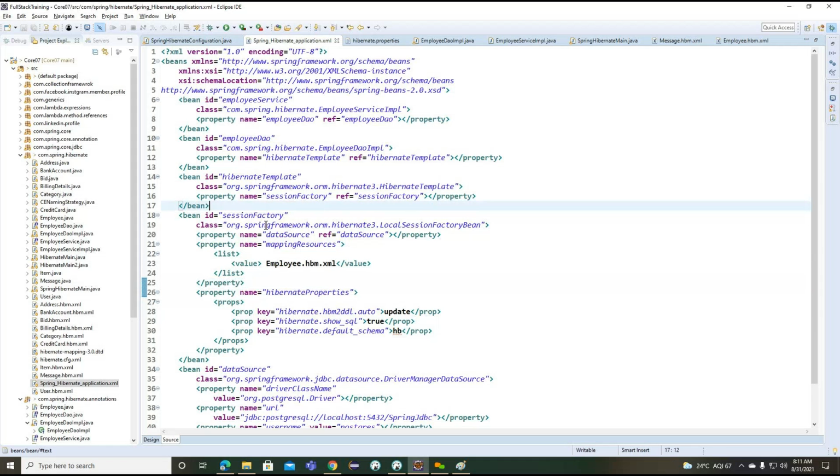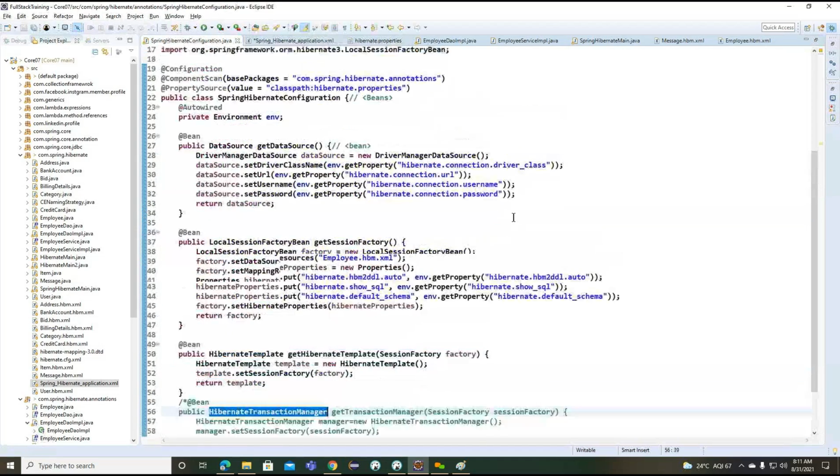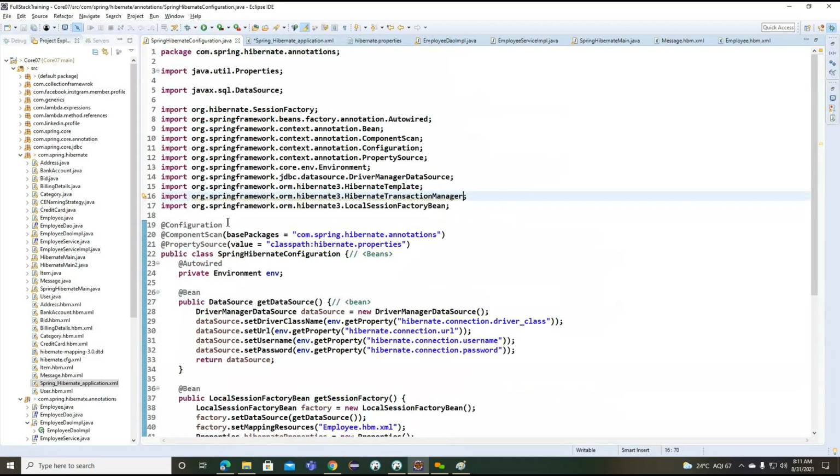Now what we can do, here we can go for one more bean here. Transaction manager and class here. So what is the transaction manager we are implementing here? This is our transaction manager class.